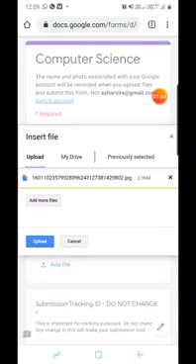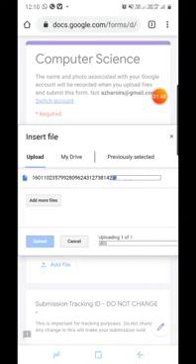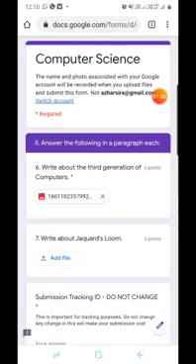Then here you will get the upload option. Click on that upload option, your file will be uploaded. See, like this it is uploading. Now after that, one more question is there, the last question of this paper, that is write about Jacquard's loom. So you need to write the answer for this question the same way you did for the 6th question,